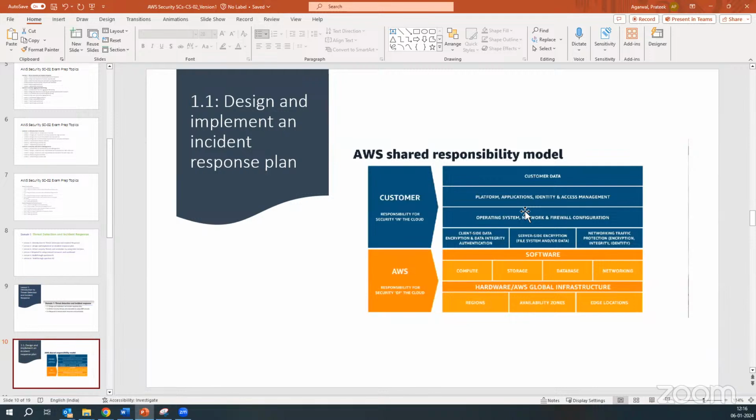Further, AWS governs the operating systems, network, and firewall configuration. Within this, it ensures that compatible operating systems are being installed into the servers, systems, and within the network. It ensures that adequate firewall configuration is being made